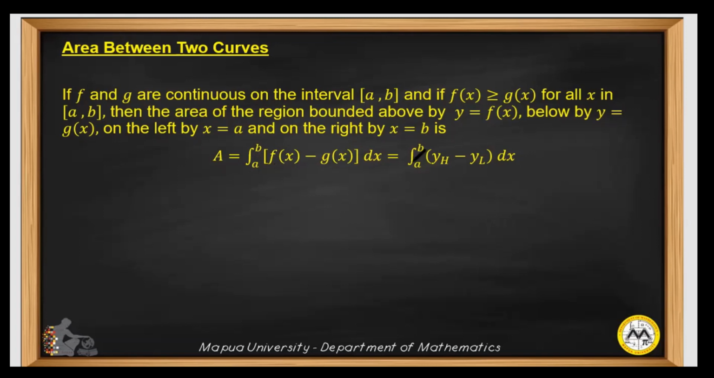This is also equal to the integral of y sub h minus y sub l, meaning y upper minus y lower, times the differential of x from the lower limit a to the upper limit b. Now, why is it that we have y upper minus y lower, or y sub h minus y sub l? We can actually look at this